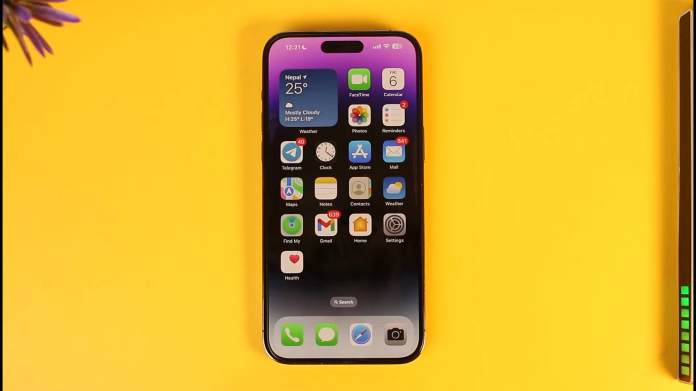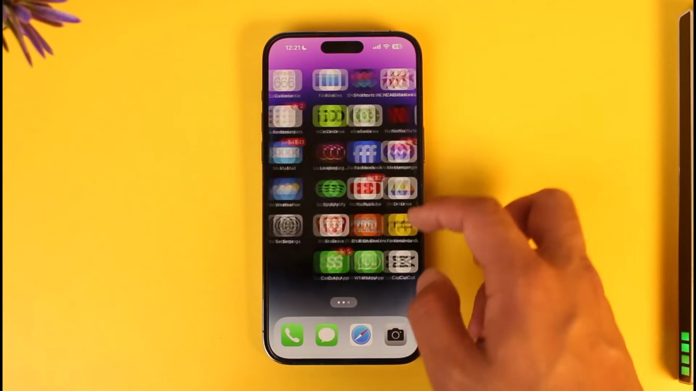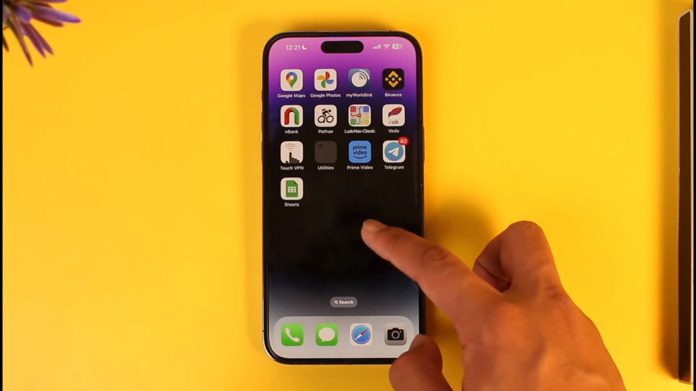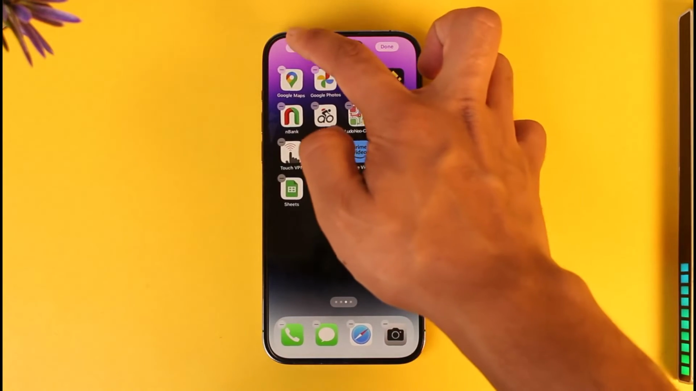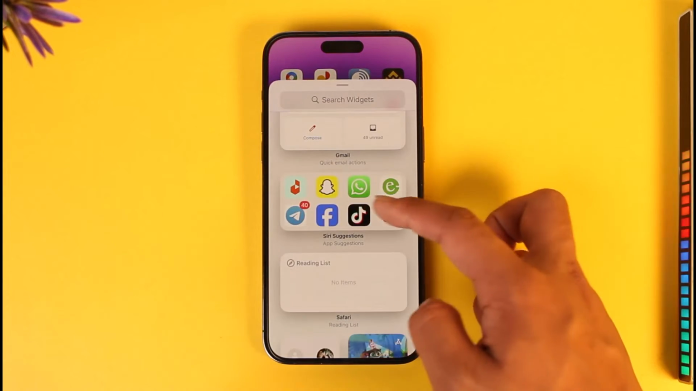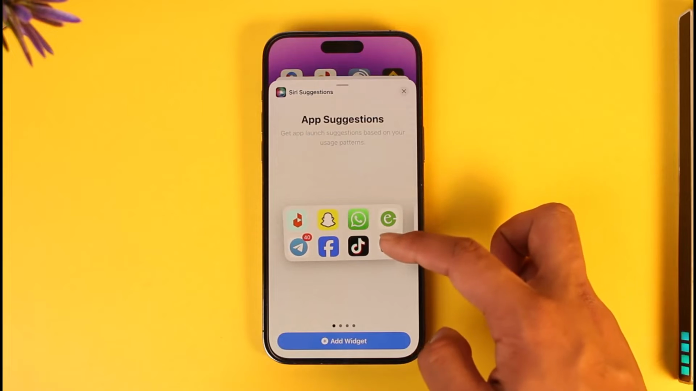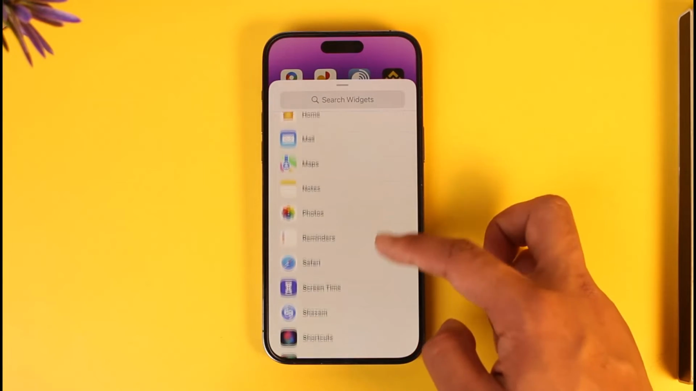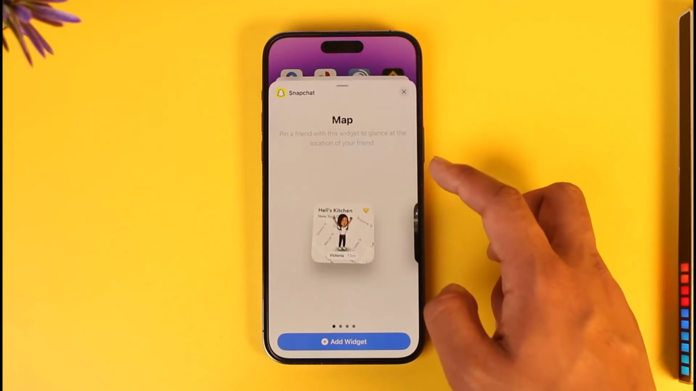If you want to change and add a Snapchat widget on iPhone, such as these kind of widgets, first of all make sure you're on an empty place, long press on your home screen, then tap the plus icon from the top. And here you can see Snapchat. Now if you want to find more here, you can just select the Snapchat option, or you can go to app suggestions, or you can simply scroll down, look for the Snapchat app over here, and over here you can see different sorts of widgets that you can use,